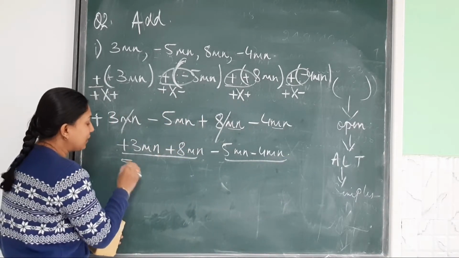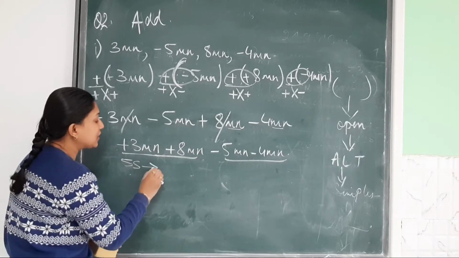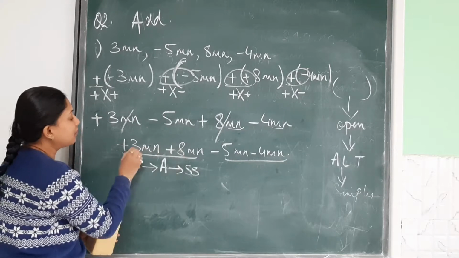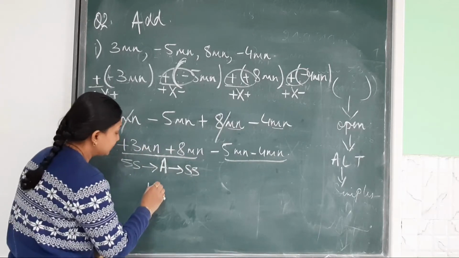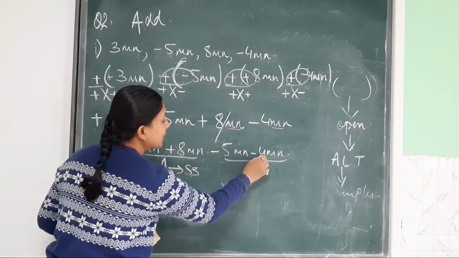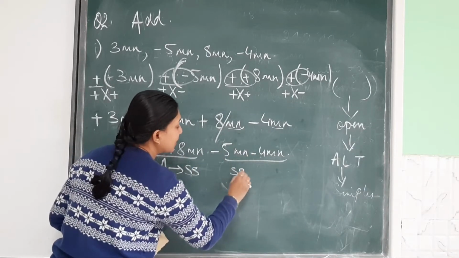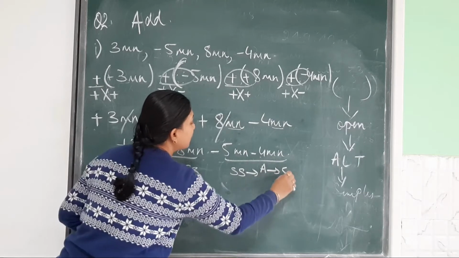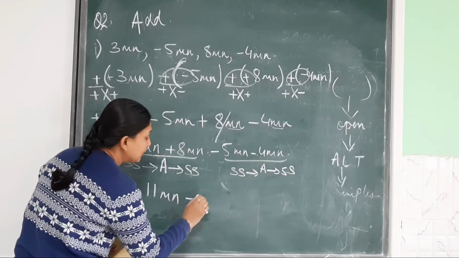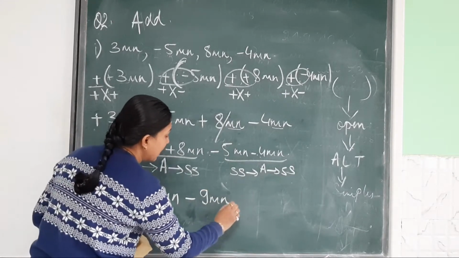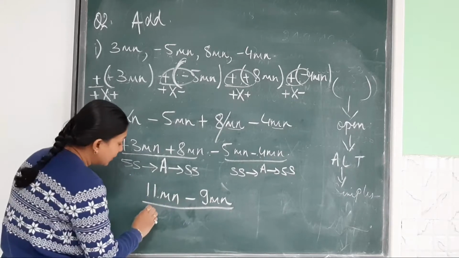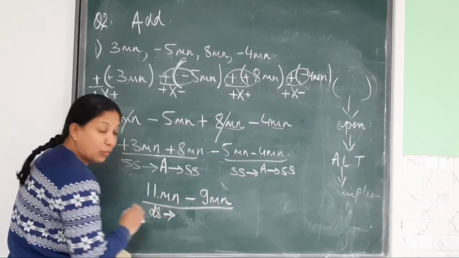Same sign. When you have same sign, the rule of addition says you add and put the same sign. Add 8 plus 3, it is 11. Write down what is that? mn. Here minus and minus. So here also see same sign. Add and put same sign. So minus 5 and minus 4 will become minus 9mn. Now again you solve, because they are like terms, we can solve. Difference in sign. What do we do?